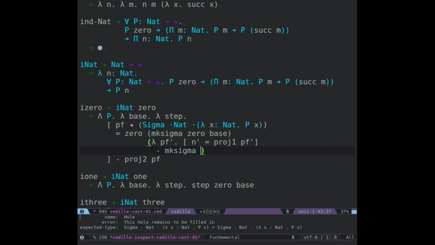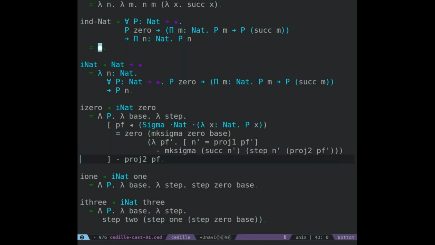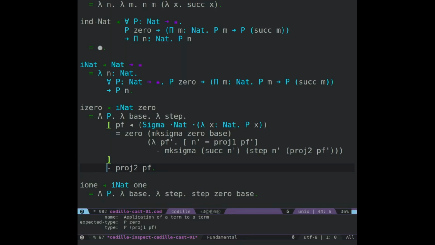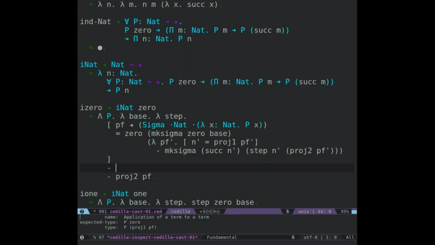Make sigma successor n prime and step n prime projection 2 of the previous proof. And now Cedille is very happy with this definition. Because it's obvious to see that projection 1 of the proof is equal to 0. I mean, it's obvious to Cedille. If that's not perhaps as obvious to humans instead of machines,